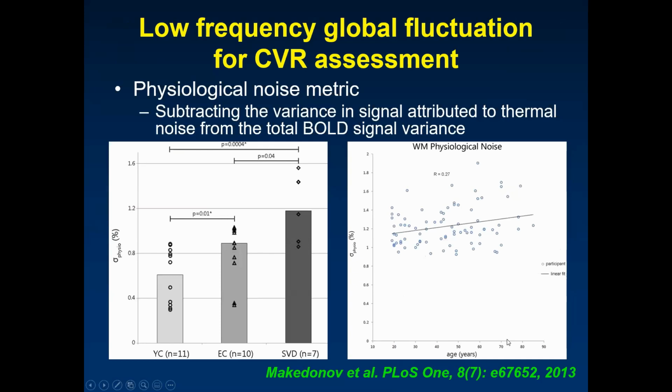And another parameter introduced by Dr. McIntosh's group is a physiological noise metric. It is calculated by subtracting the variance in signal attributed to the thermal noise from the total BOLD signal variance. They have calculated this parameter in a group of young controls, a group of elderly controls, and some small vessel disease patients. And they found that the patient group had a significantly higher physiological noise compared to the other two